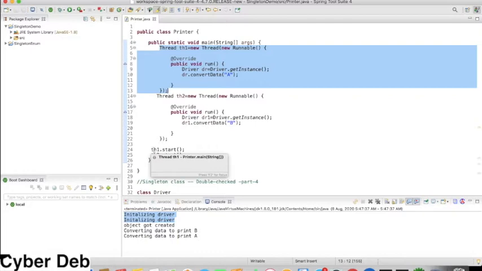But when we go for serialization, that is, object reading and object writing, when we write this object of the singleton class into any file or any serialized location, at that moment what will happen?